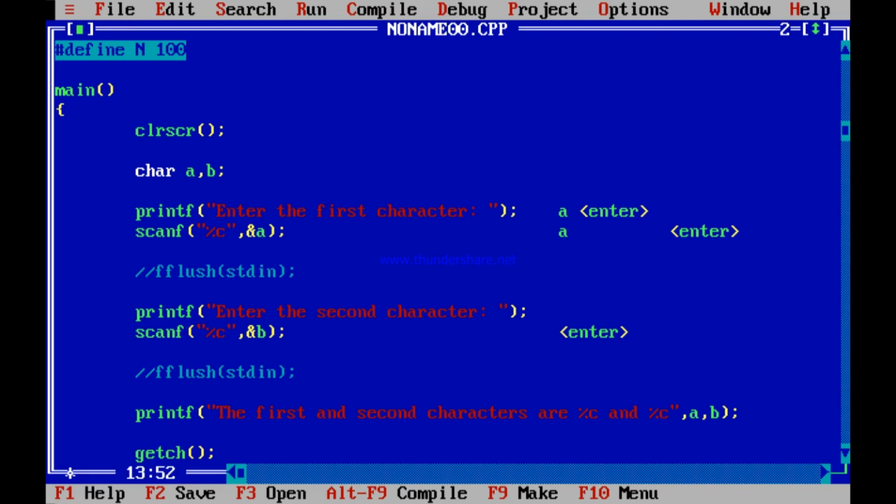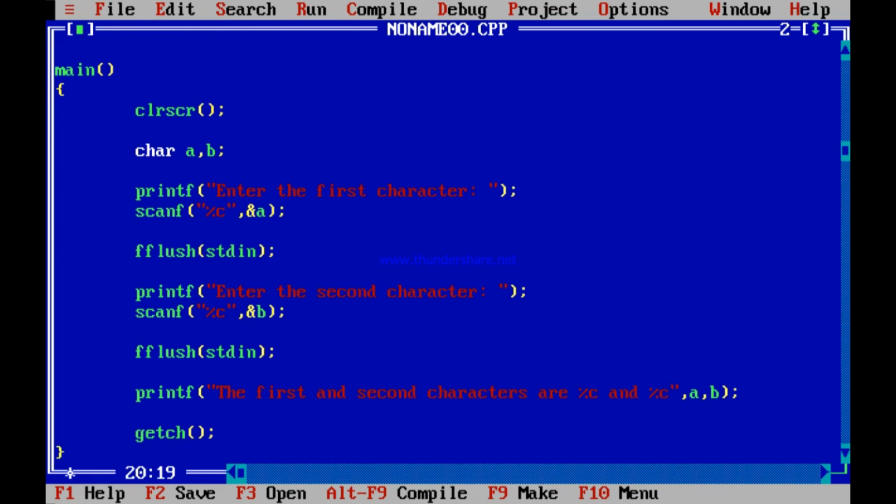So do you understand how important it is that after every scan that you do, it is very, very important to flush the buffer? It is a very good habit that after any program that you write, in fact all the programs that you have written till now, it is always good to use this flush stdin after every scanf. I think you understand this. So this was the program I wanted to explain to you.